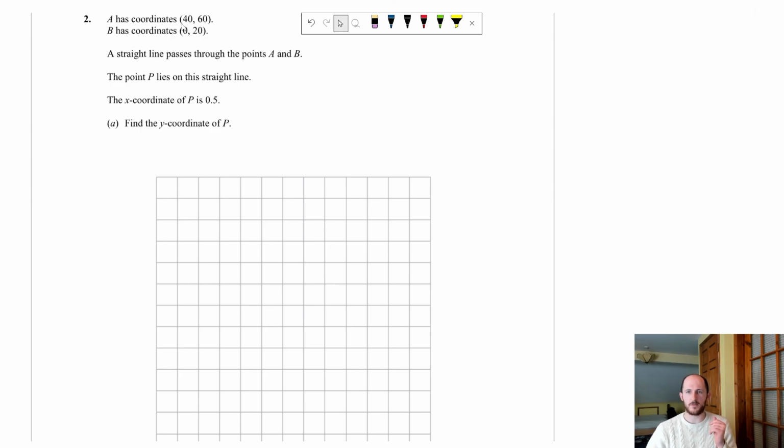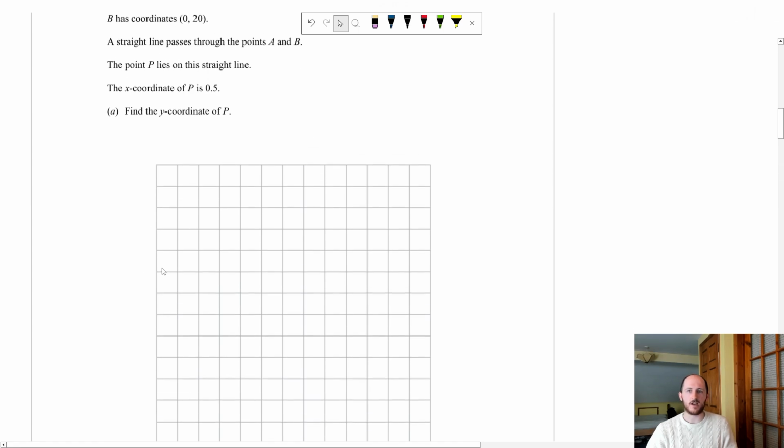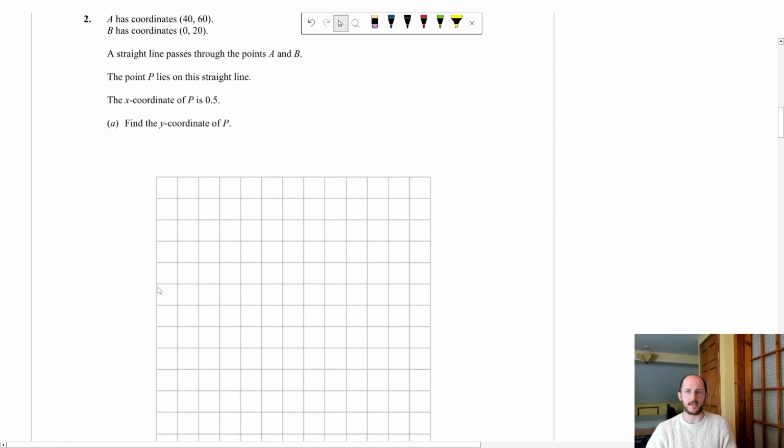So we have point A has coordinates 40, 60 and point B has coordinates 0, 20. A straight line passes through A and B, and there's another point P that lies on the line. And the x coordinate is 0.5, find the y coordinate. Now we could find an equation of the line if we wanted to, and that would help. However, because they've got this grid here, it implies that we probably need to use the grid at some point. But if we do part A and